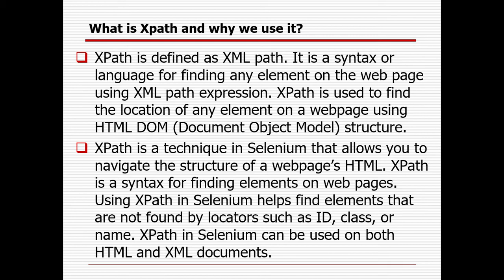So sometimes an ID, class or name may be present, but with those things, suppose for the name there are two components, one static and one dynamic. The dynamic component can change every time and it might be difficult for you to identify the element with the ID because its content has a dynamic and a static component. So with the static component you can create your own customized XPath and you can identify the element successfully. Otherwise it might be a problem.